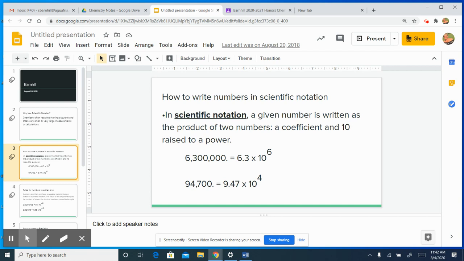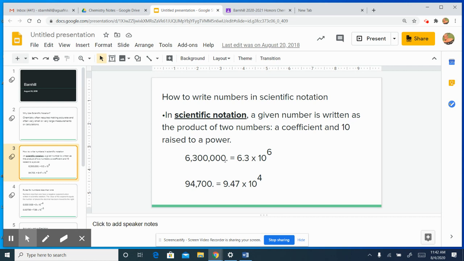So when we write a number in scientific notation and we're expressing a very large number, it's always written as a product of two numbers, a coefficient that's always a number that is greater than 1 and less than 10, multiplied by 10 raised to some power. So if we're looking at